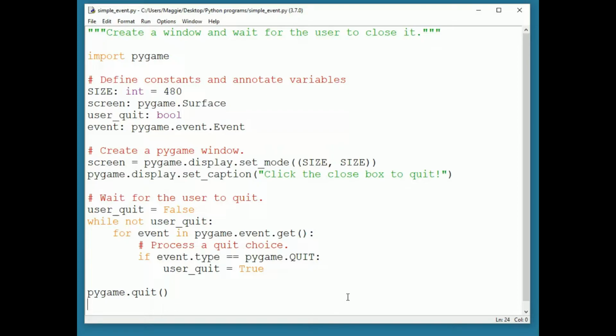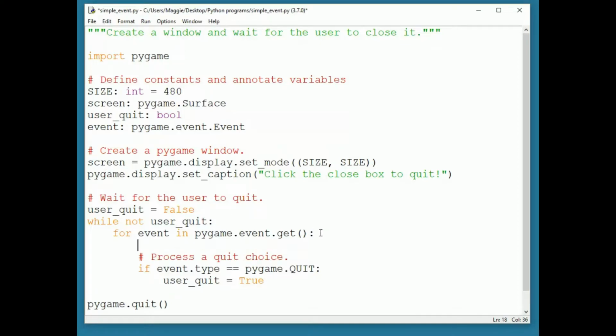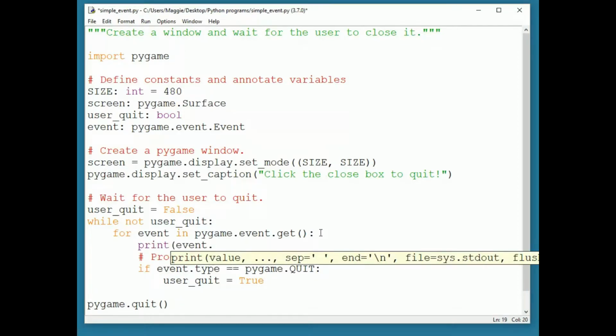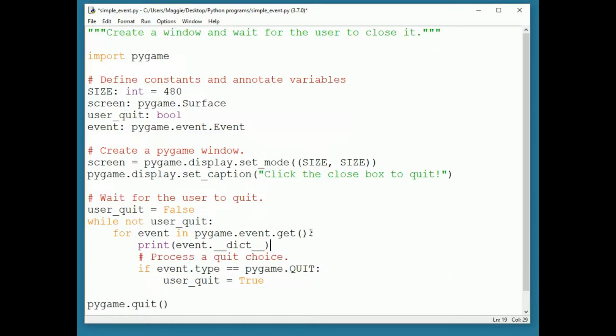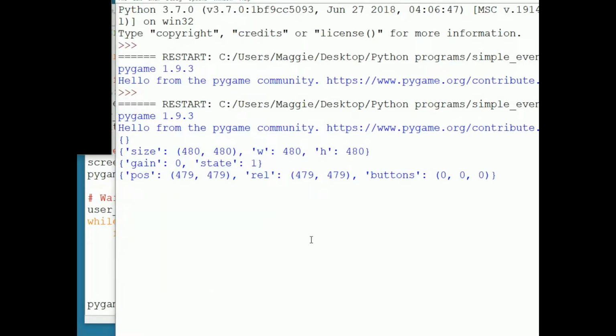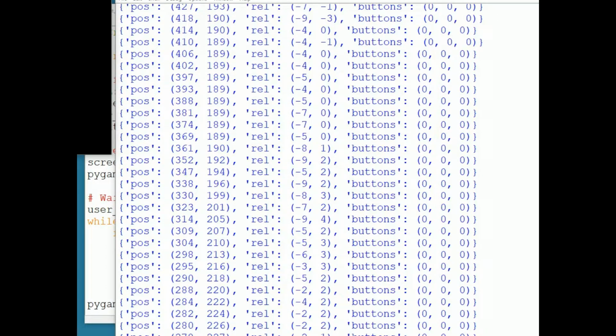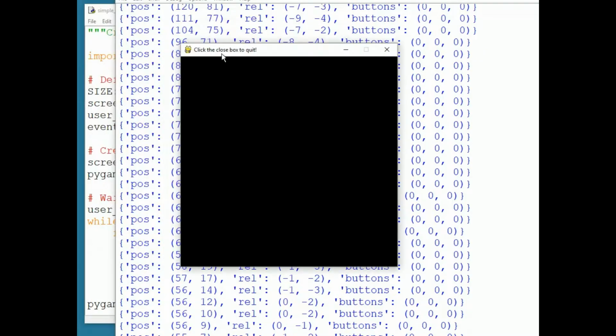To illustrate that, I'm going to add a line inside the event loop: print event.__dict__. This is a part of the event that shows me more detailed information. We won't be using that right now, but it will illustrate all of the events that are being generated that we're ignoring. So if now I run the program, I'll move the mouse over into the window and you can see a lot of mouse motion events